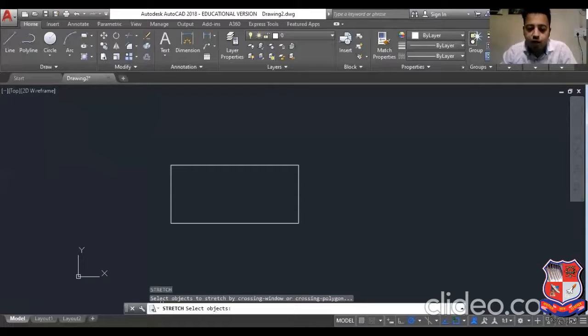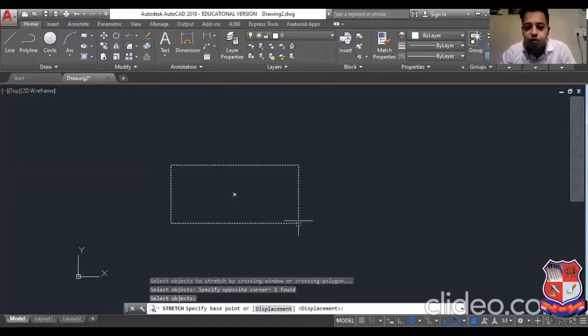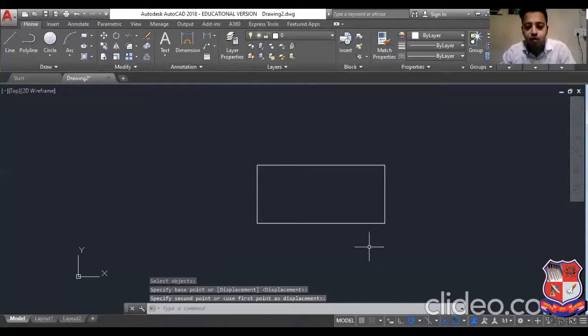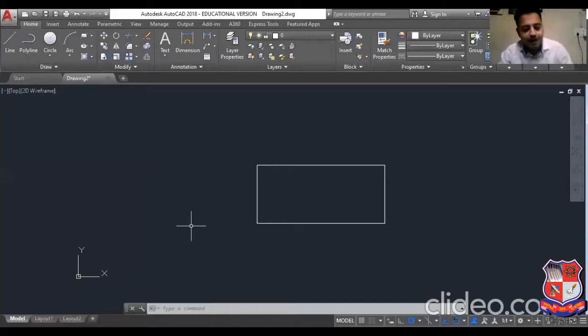Now here if you select the full object and enter and specify a base point, suppose I want to stretch from this point, it will move the object, it will not stretch the object. So what is the meaning of stretch? In stretch, one edge is fixed and the second edge is stretched. So I will press S, enter again.